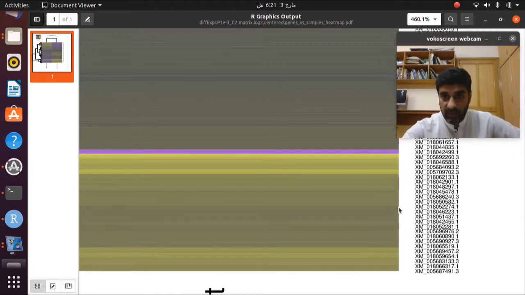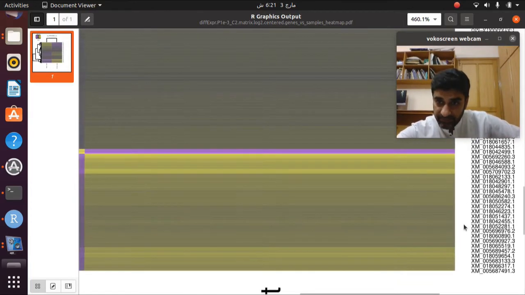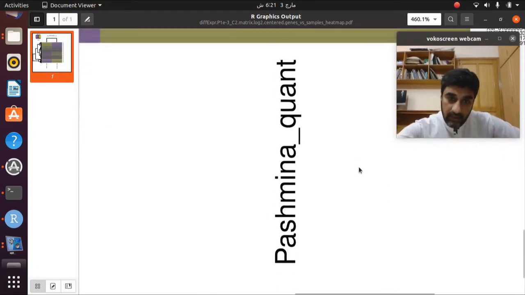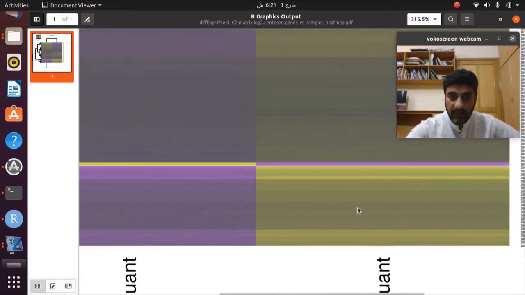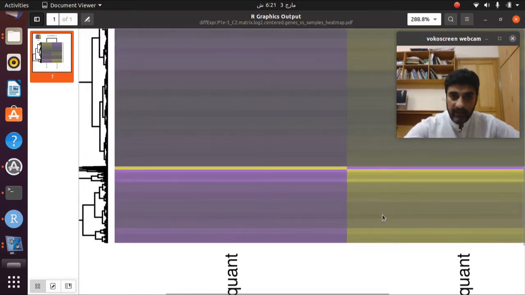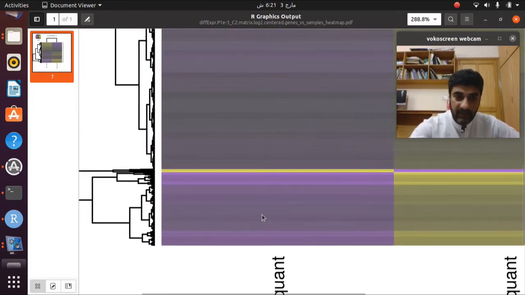So these are the transcripts in the Pashmina goat in the first column. They are showing you more golden color, so these are the upregulated, while that is entirely different in Barbary.